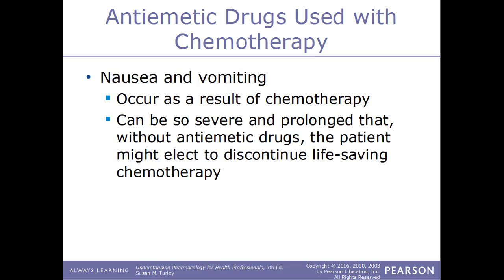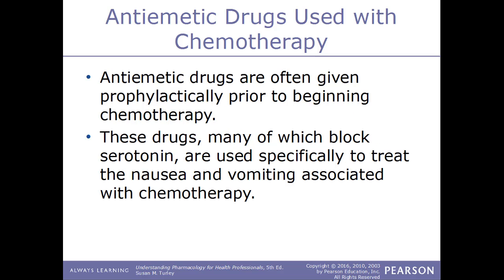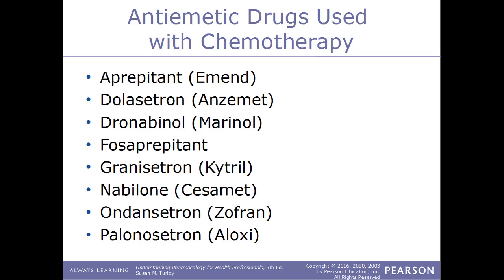Now, this can be so severe and prolonged that without an antiemetic drug, some patients might elect to discontinue the life-saving chemotherapy totally. Antiemetic drugs are often given prophylactically prior to beginning chemotherapy. Now, these drugs, many of which will block serotonin, are used specifically to treat the nausea and vomiting associated with chemotherapy. Some examples of antiemetics that are used just for chemotherapy include aprepitant, known by the brand name Emend,